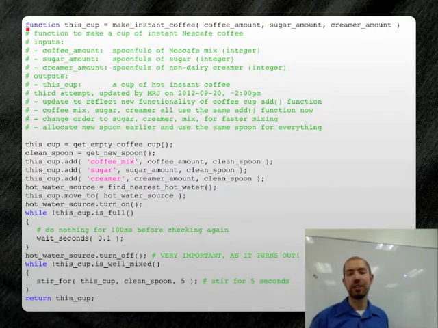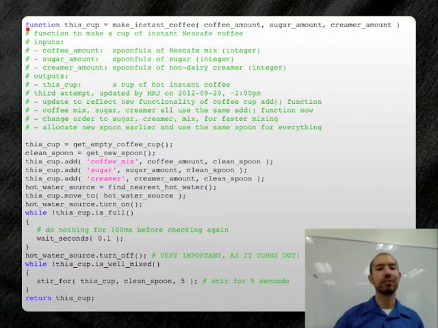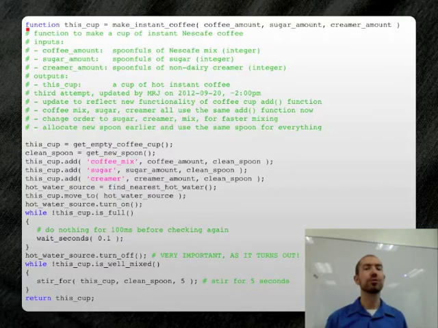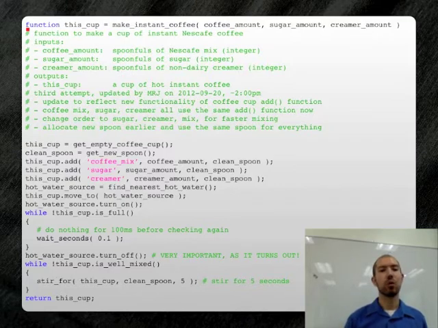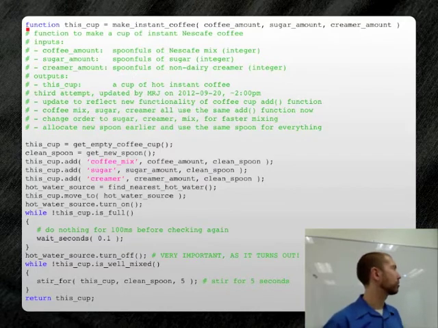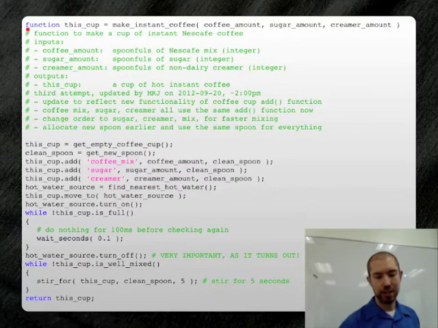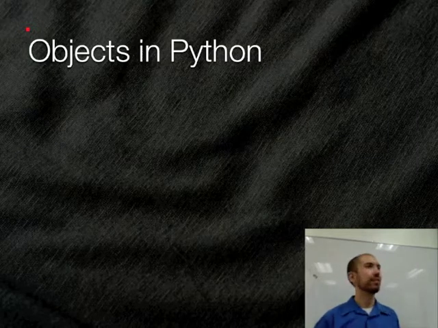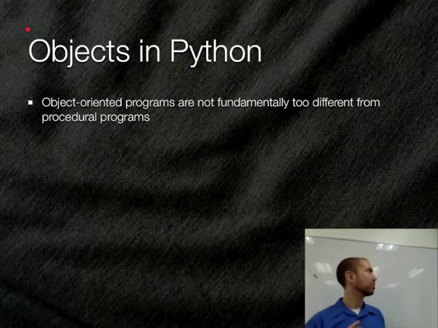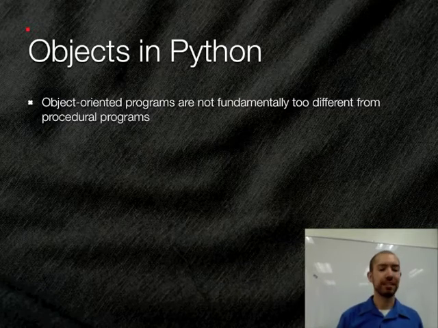So you can think of a coffee cup object as being something that knows some things about itself, right? Like what its contents are, how well the stuff is mixed inside of it, whether or not it's full, things like that, right? And can also do stuff like inform you about its status or change its status and so forth, right? So I use this just to sort of plant this idea in your head, but very shortly today we're going to see how this actually gets used in real Python code. So hopefully that pseudocode is starting to look more familiar. We might revisit it again as we introduce more and more of the ideas that I kind of snuck in there.